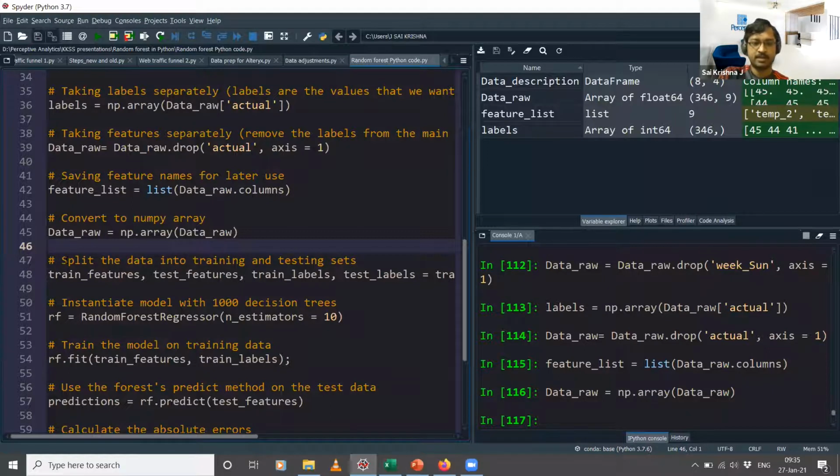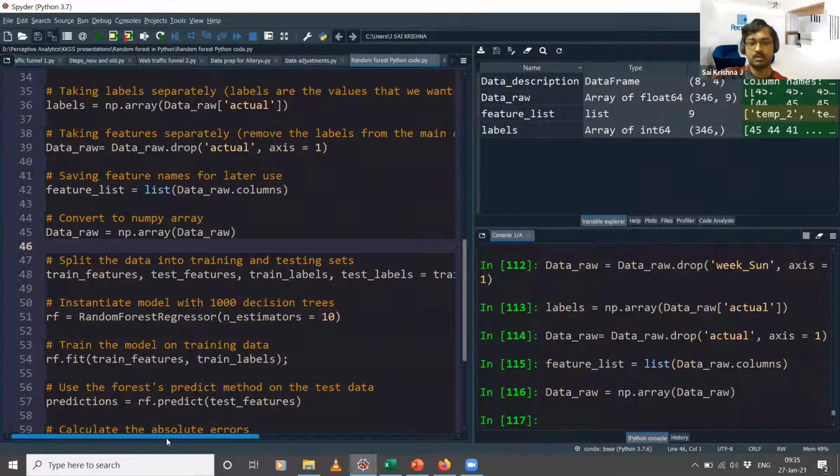And then we split the data set into training data set and the test data set. So we have 4 parameters here. So train features and test features is nothing but the columns that you will have in your training data and the columns that you will have in your test data. And labels are the actual dependent variable values. Because random forest is a supervised learning technique, right? Supervised learning technique means you will already have the variables in your data. That is what you will use to train the model on. So you have labels in the training set, you have labels in the test set. This test set label is what you will use to measure the accuracy of your model.